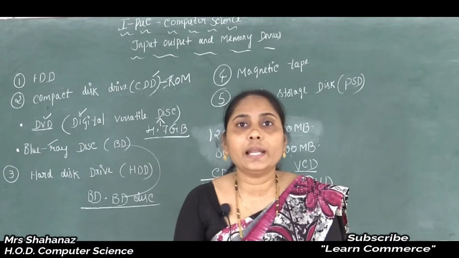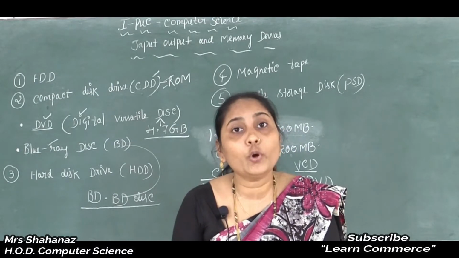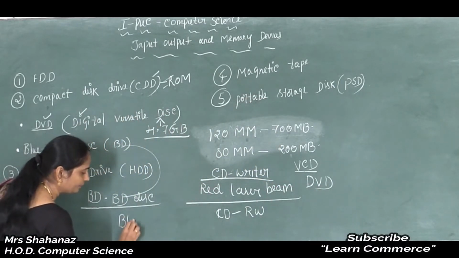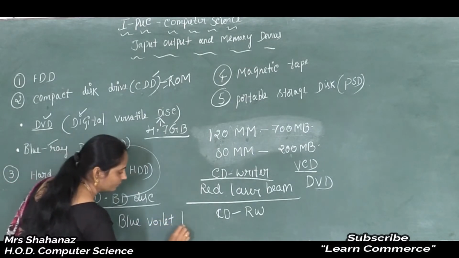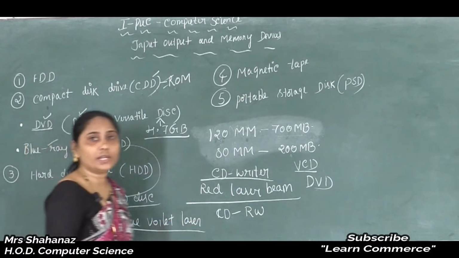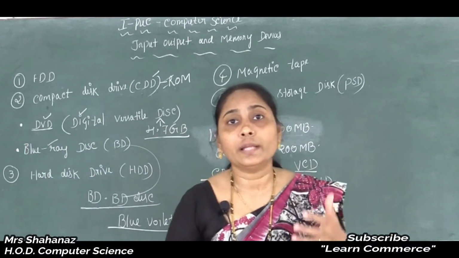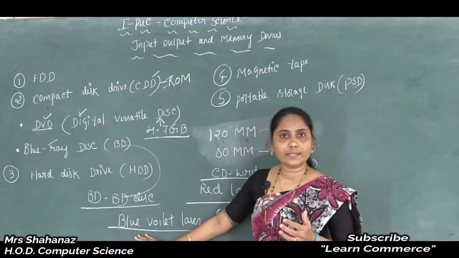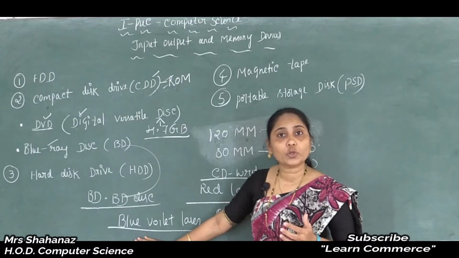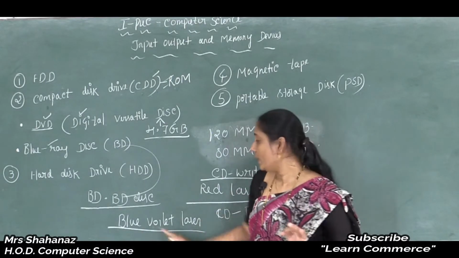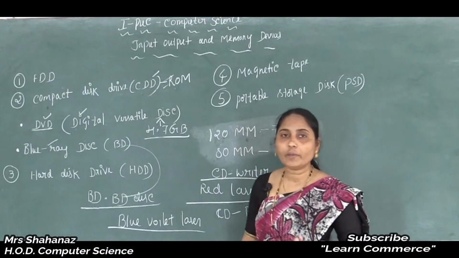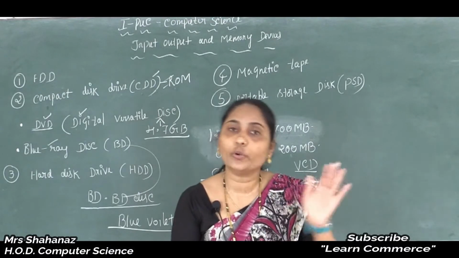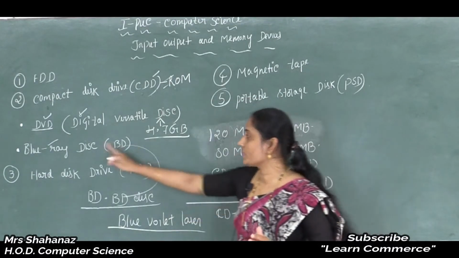And we know that the name is Blu-ray disc. So the name Blu-ray disc is derived from the use of a blue violet laser. Is this point clear? That is how they gave the name to the Blu-ray disc. The name suggests the use of the blue violet laser. And why do we use such a blue violet laser? It is used to read and write data on this type of disc.